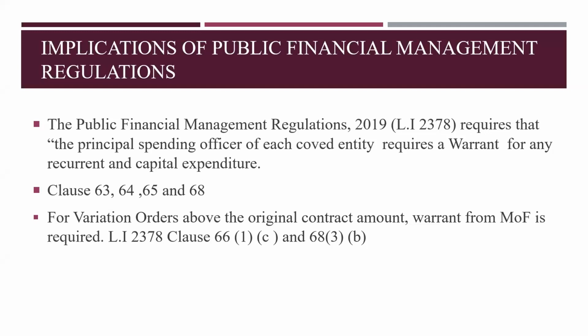If you look at 65, it talks about the requirements for warrants, how you should go about it. Then 66 talks about commitment, requisition, and approval. Then the one of most interest will be 68, because we know most of our projects are more than 1 year. They are multi-year, 2 years, 3 years, and some of them can go as much as 10 years. So that is the requisition for multi-year expenditure commitments.